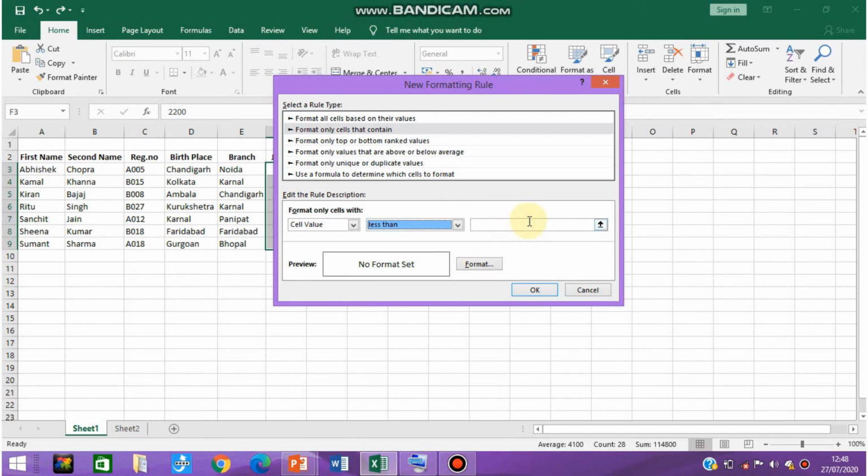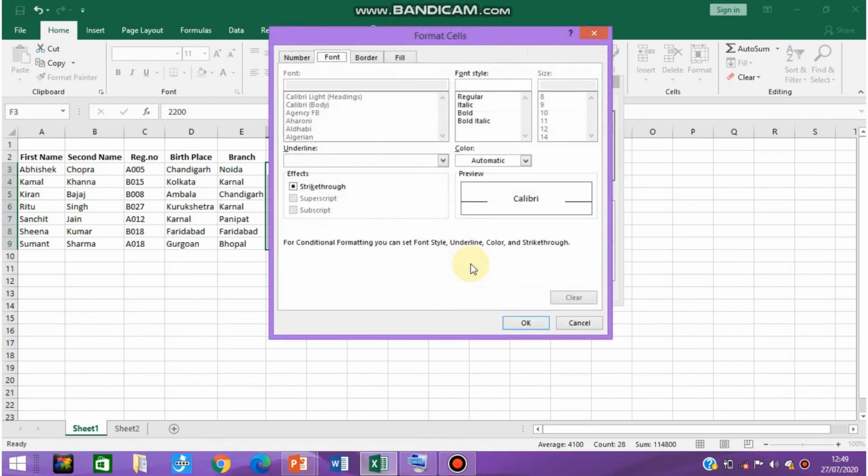Now after this less than, type your specified value. Suppose I am typing 2400. After writing 2400, click on the Format option. Again a new dialog box appears on the screen. From this box, select the font style, let it be bold.